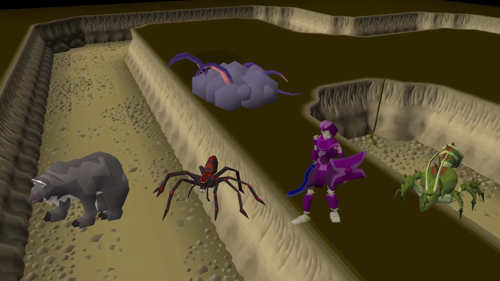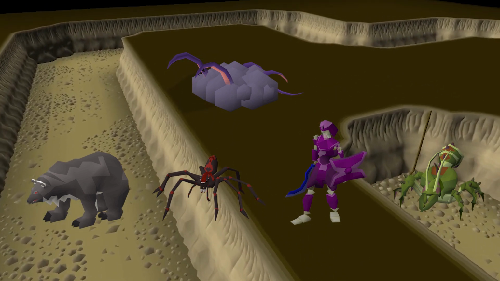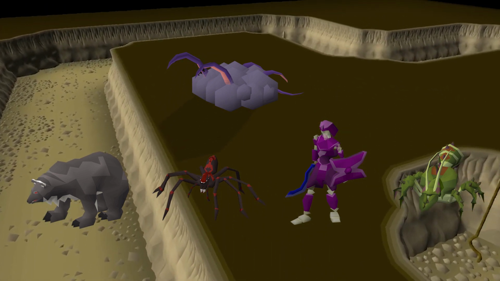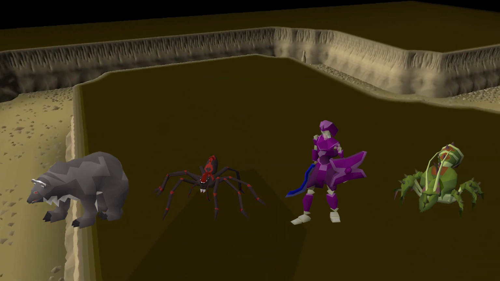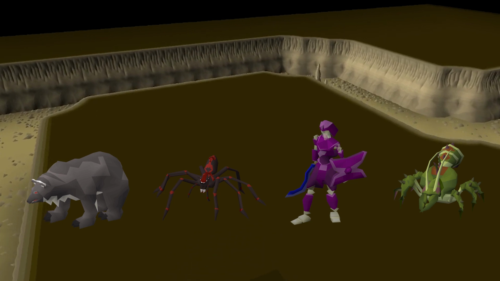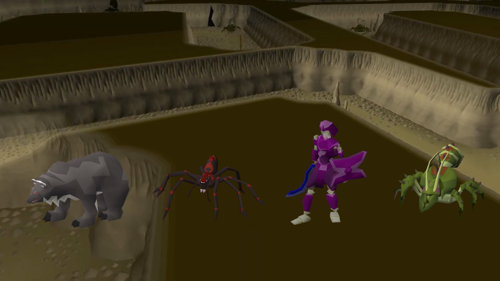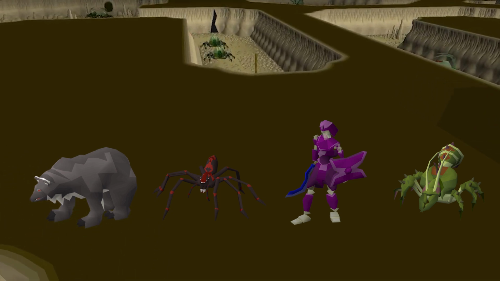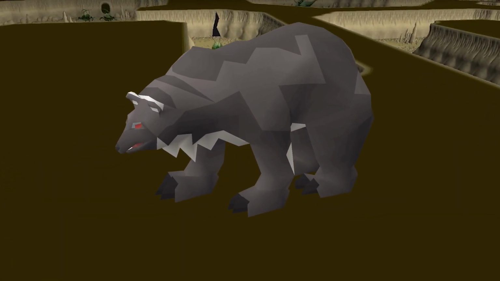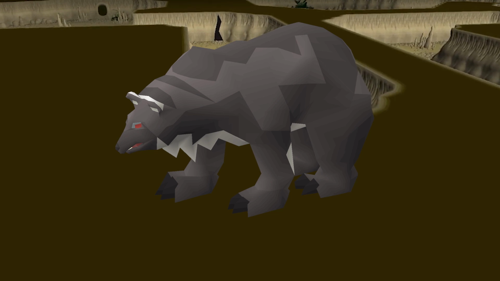While I don't mind going back to the Chaos Elemental for the chance of the Dragon Two-Hand, since it is the most common, I would like to try out one of these other bosses just for more shots at the pets, as well as the Chaos Ellie doesn't really have any other useful drops for me anymore. I'll be honest, I'm really itching towards going to the Big Bear. I would love to rob Dave of...